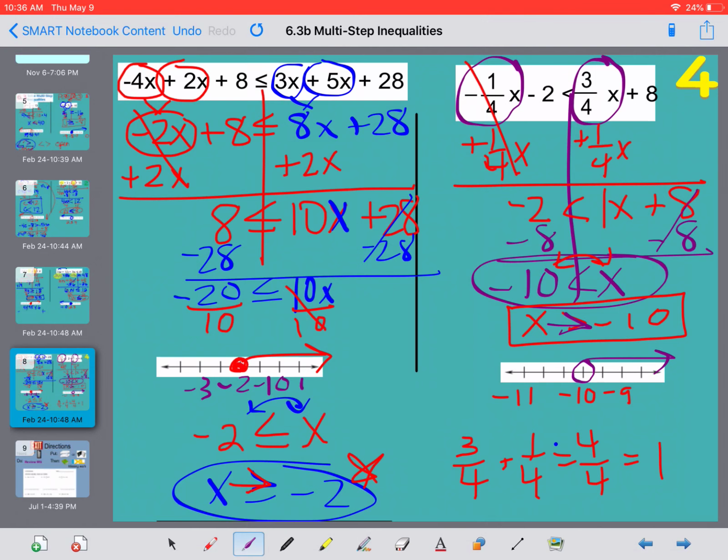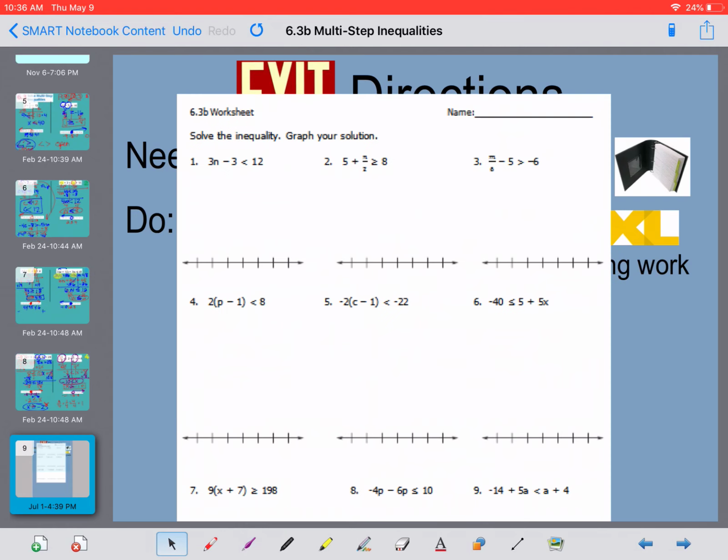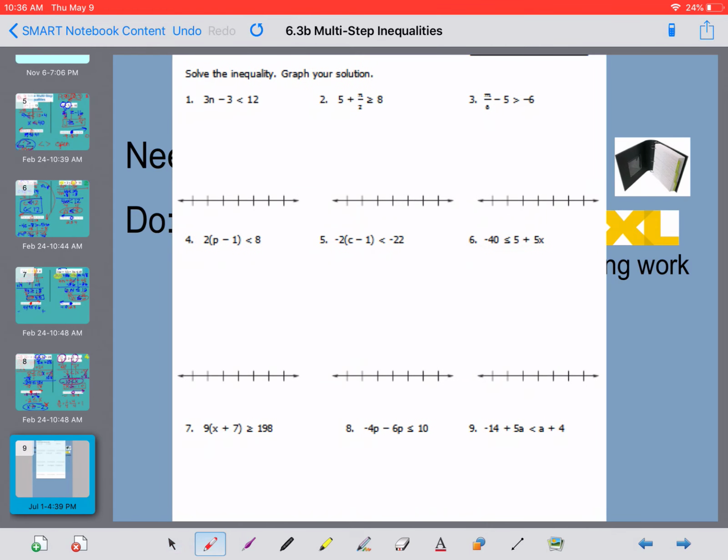Alright, I know that was a lot of work. If you have questions, please let me know. Otherwise, your homework looks very similar to this. Remember, I showed you 2 ways to do the problems that have parentheses. You can either distribute or just divide by that number in front if that's the only thing you have. If the only thing you have to distribute, you can just divide